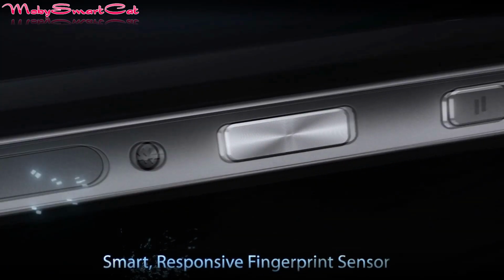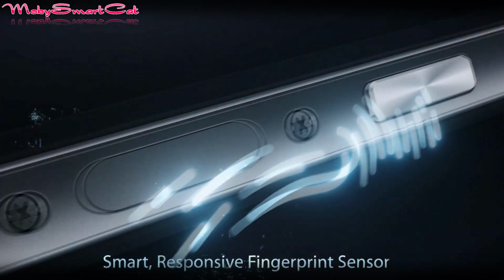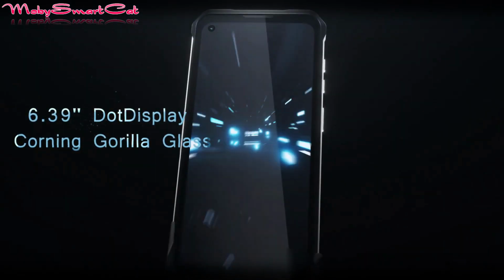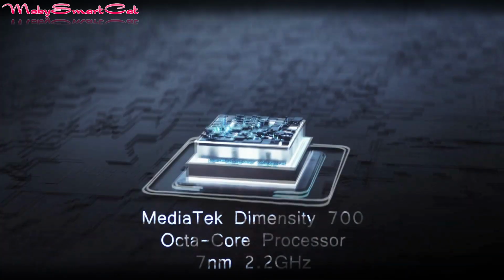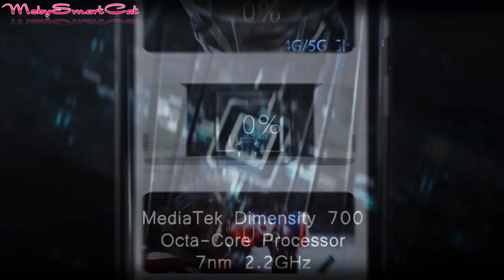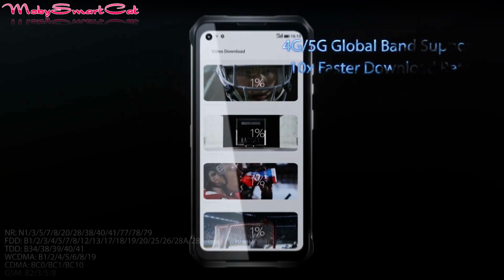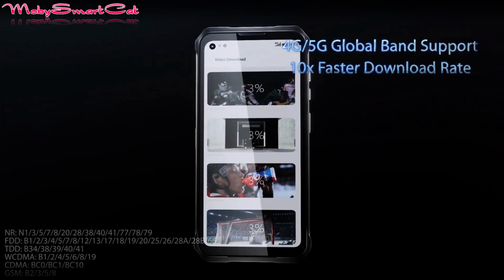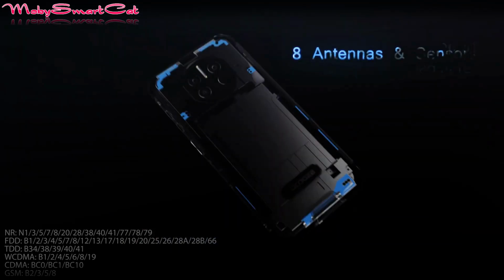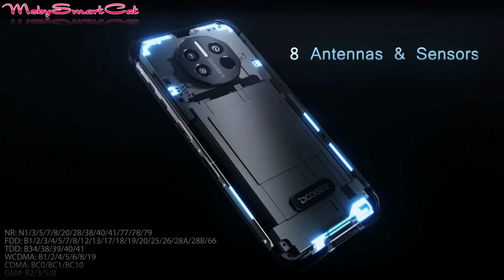As we can see from the side, there is a smart responsive fingerprint sensor, a relatively compact 6.39-inch dot display with powerful Gorilla protection. The phone is powered by the MediaTek 700 octa-core processor made in 7nm technology, 4G, 5G global band support with 10 times faster download rate, 8 antennas and sensors spread out on the back of the phone with a dedicated